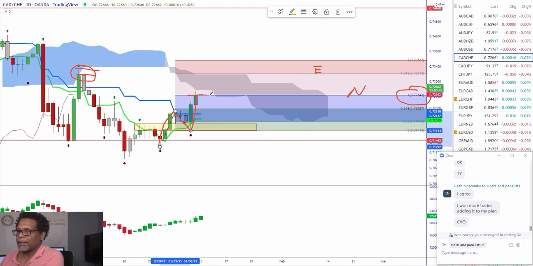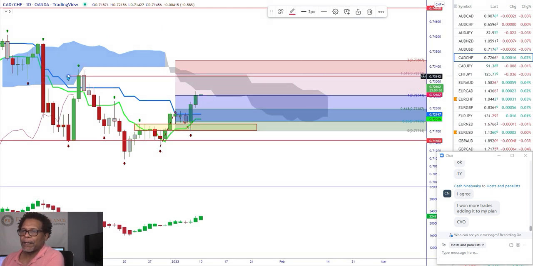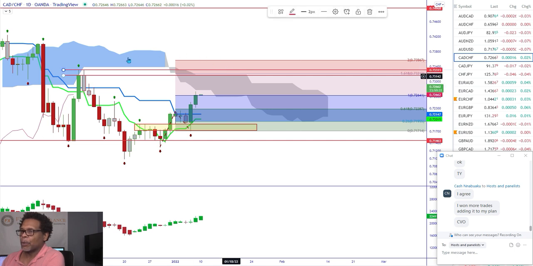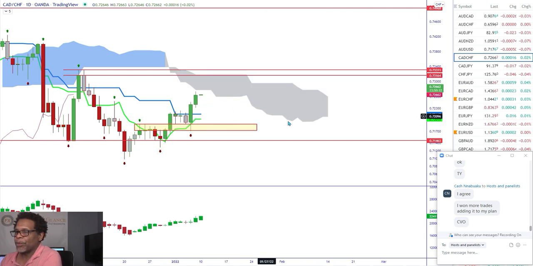So currently we're at the level where we probably start to see a correction. We could push a little bit higher, but I think we see a correction. If we push higher, we're coming into this area, and we need to break this area for structure to change in this market, and then to see a Kumo breakout. Then we'll see we're in a trend to the upside. But until we get that, we're just a little bit of a correction off of this level, and we're heading higher, maybe up into that area.